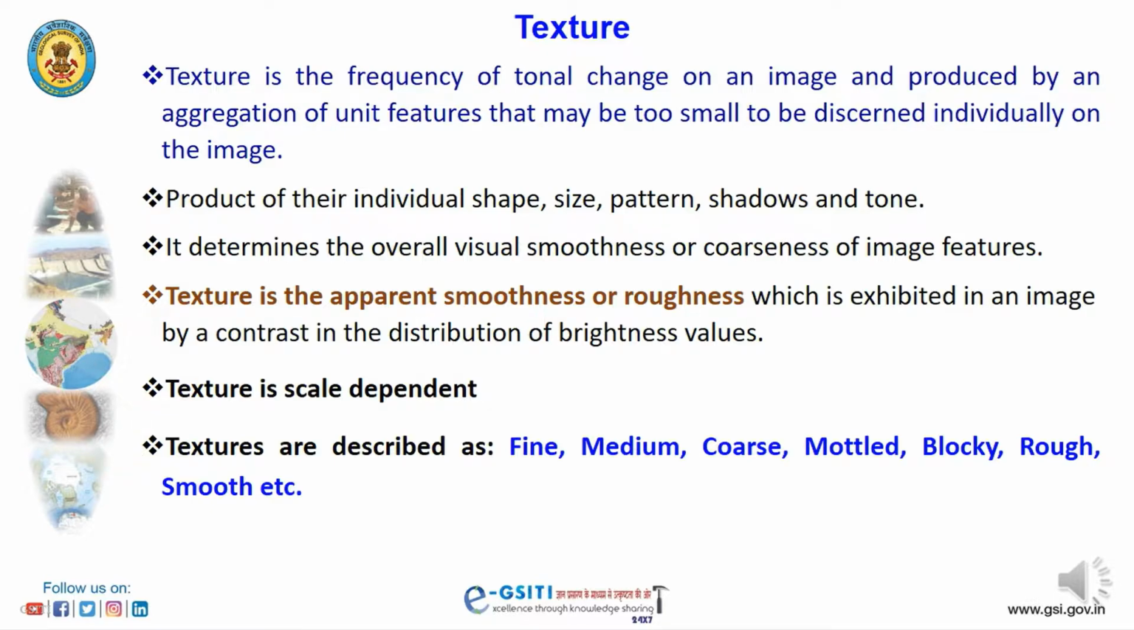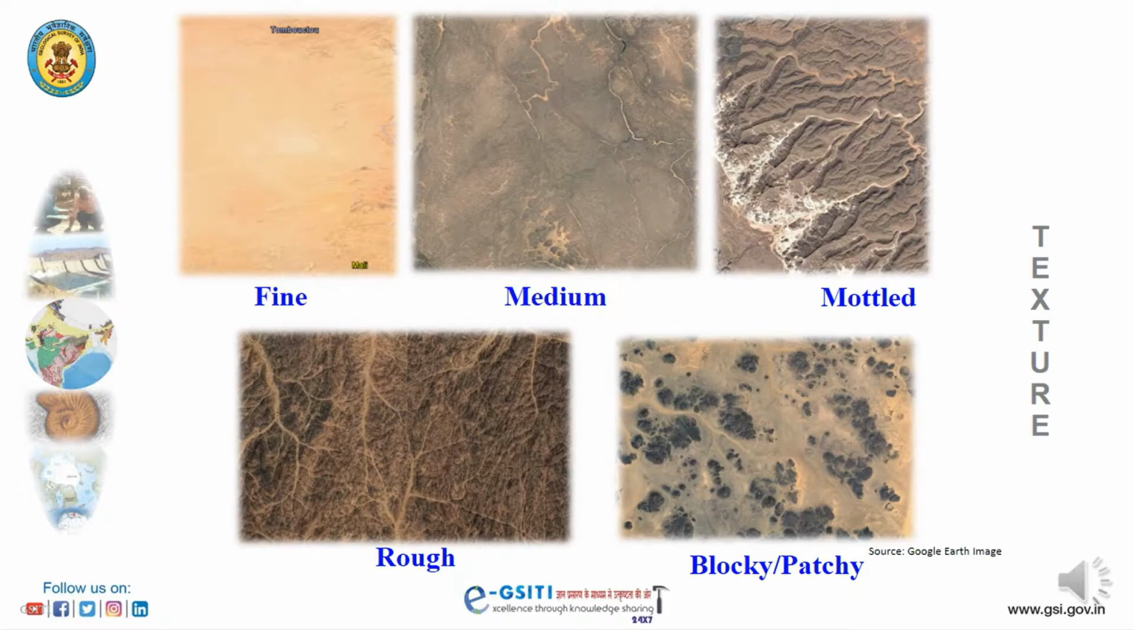It overall determines visual smoothness or coarseness of image features. A texture is the apparent smoothness or roughness on an imagery. We explain or describe them in the form of fine, medium, coarse, mottled, blocky, rough, or smooth. Let's see textures. Here we can see a fine texture, a medium texture, a rough texture, and a mottled texture